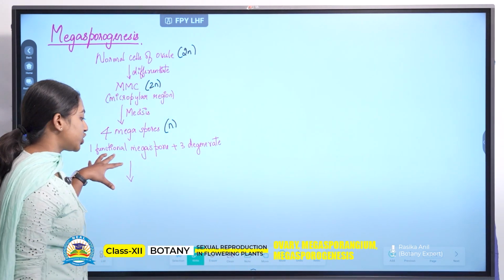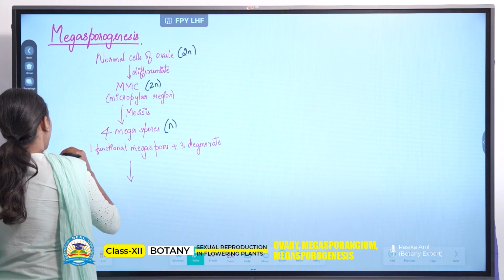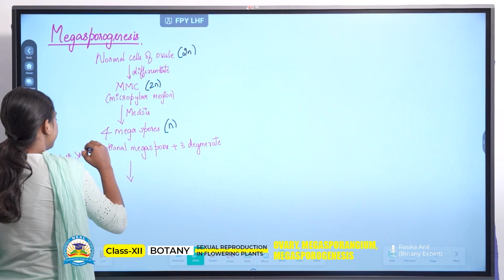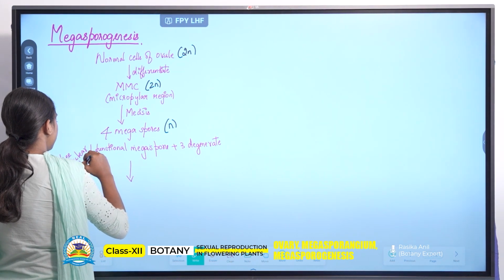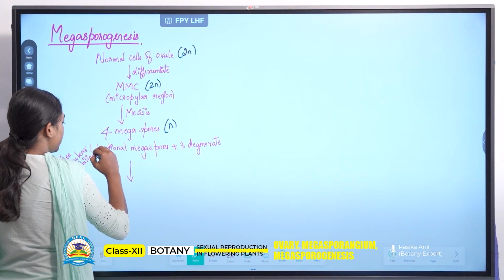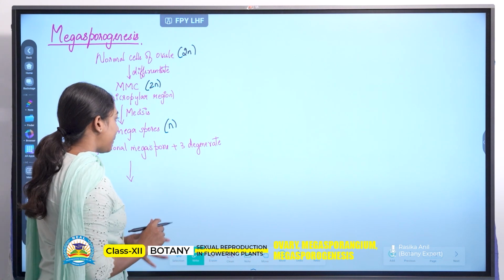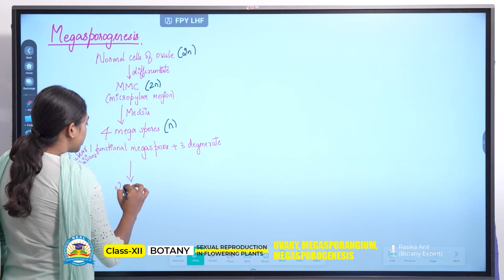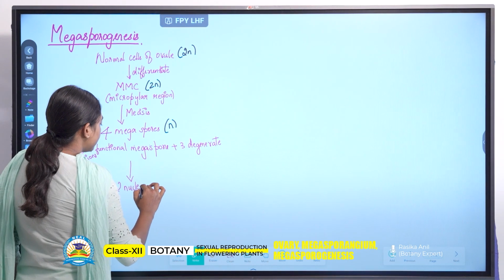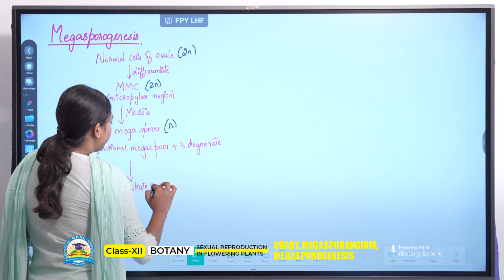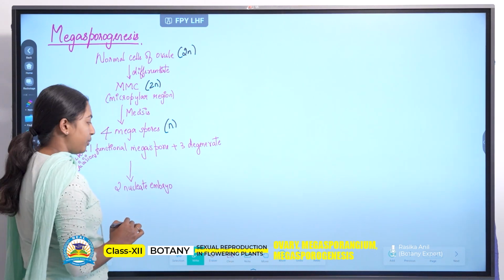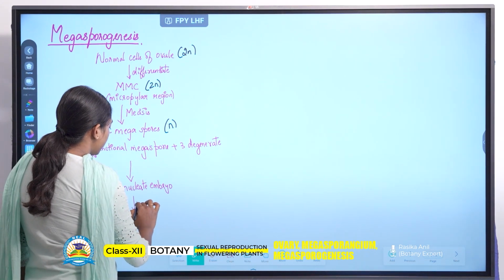So this one functional megaspore is going to proceed with free nuclear divisions. So what happens? One cell will divide into 2. So how many nuclei will be there? A 2 nucleate embryo sac will be formed. Again this will undergo mitosis,